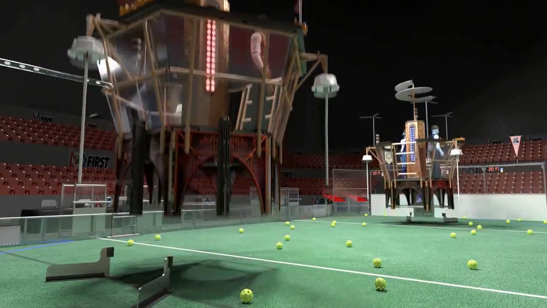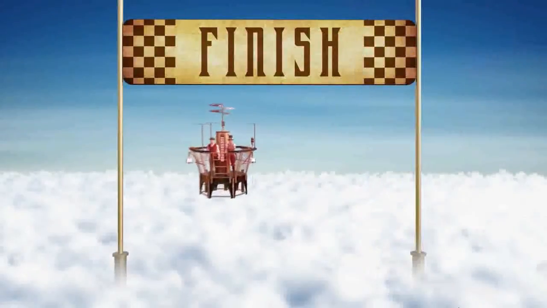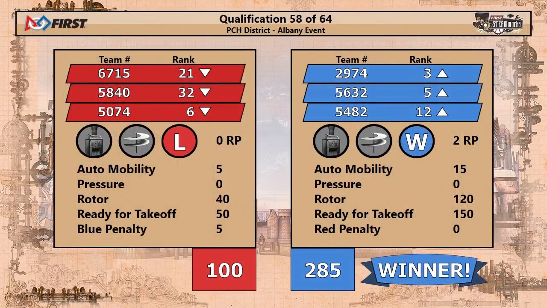Coming up in the clouds, the race begins one more time for match number 58 of 64 as the Blue Alliance crosses the line with a score of 285-100 as Walton moves up into the number 3 spot. 56-32, the Ozomovians, they slide into the 5th ranked position, and 50-74